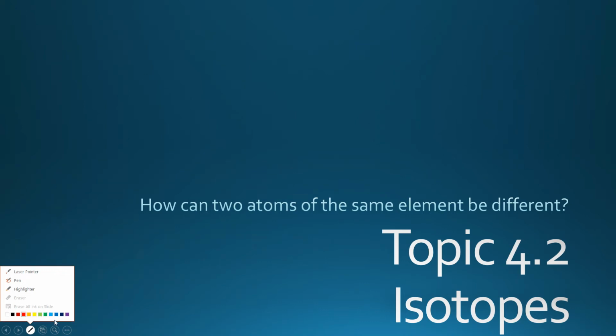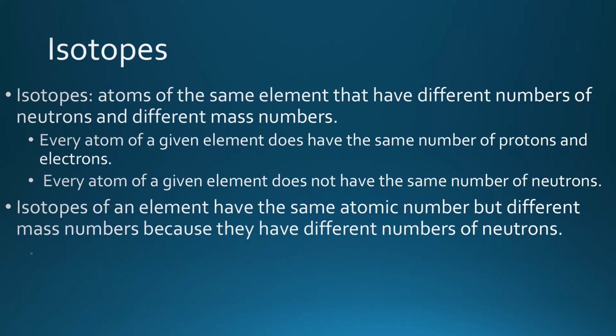All right, so we are going to continue from where we left off with topic 4.2, isotopes. Again, you're going to want to make sure that you have your periodic table, a calculator might be useful, and even yesterday's notes might be handy as well. So we're going to talk about isotopes and basically how two atoms of the same element can be different from one another. This is going to become important as, like I said, we're going to make our way towards nuclear